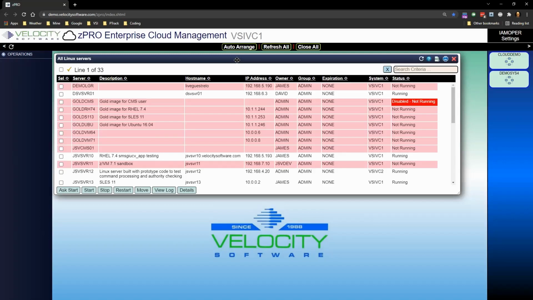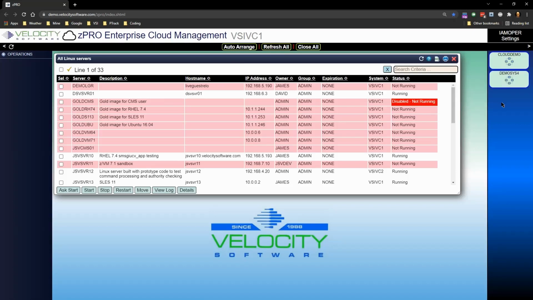It saves them not only a lot of time, but it saves them interrupts, especially at 2 o'clock in the morning on the weekend when operations needs to move a bunch of servers because they're going to bring a system down. So it takes it out of the system programmer's hands. From the operations perspective, also, if you look on the right side, this is the